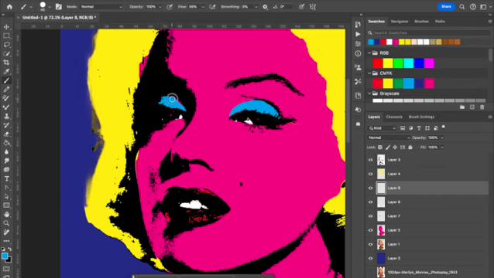And as I'm zoomed in here, I can see a lot of areas here that could use some cleaning up. So, for example, getting my yellow, go back onto my yellow layer and clean up along